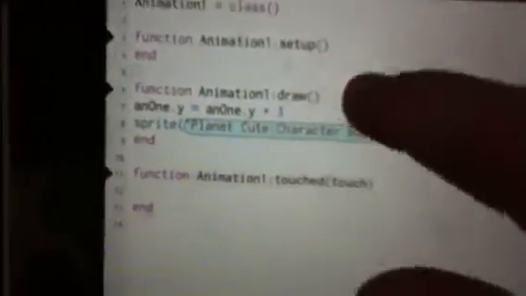Well, you don't totally need the setup for this, but you could do the setup if you know how to use classes a little better than me. So delete the setup. So under draw,